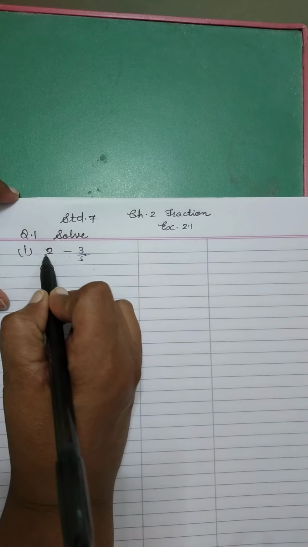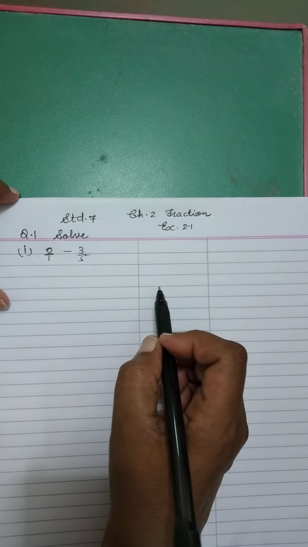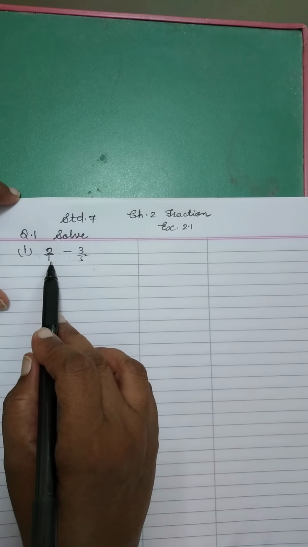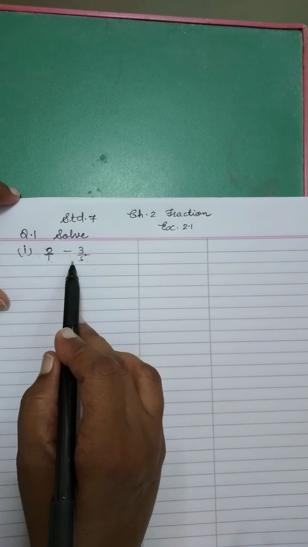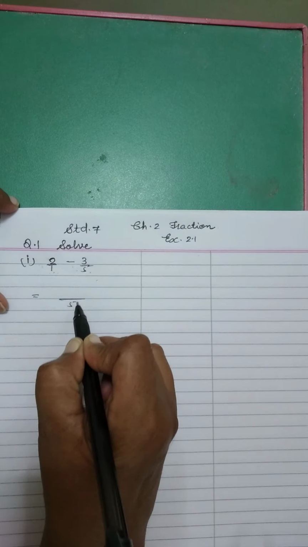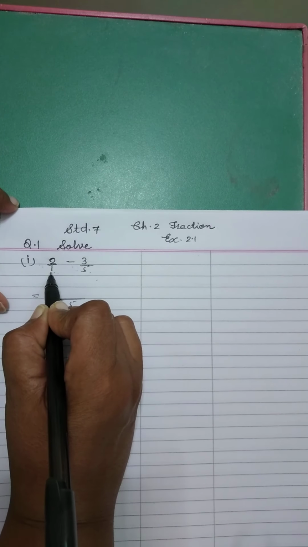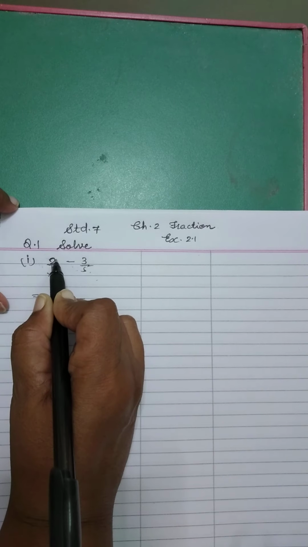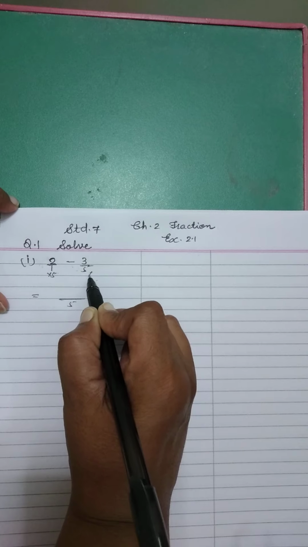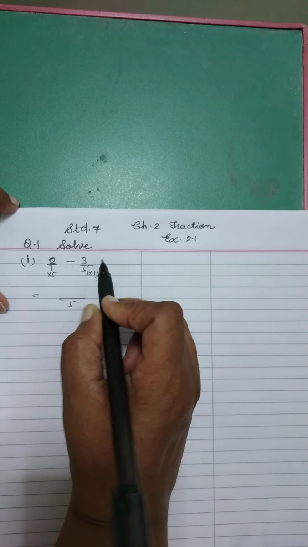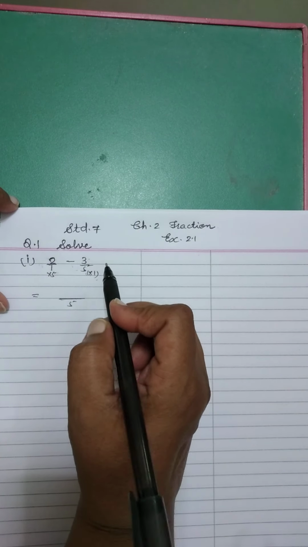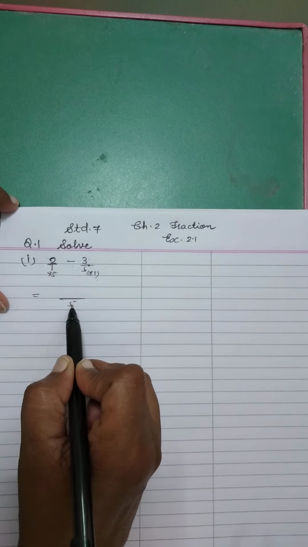So what I will write here: 2 upon 1 minus 3 upon 5. Now the minus symbol is here, so we can take the LCM of 1 and 5. LCM, right? So I will write LCM 5. I want 5 as the LCM here, so I will multiply the numerator by 5 and the denominator by 5. Here the 5 LCM is already given, so I will multiply by 1. 5 ones are 5. For the numerator also 1, and the denominator also multiply by 1. So 5 ones are 5, I have written.